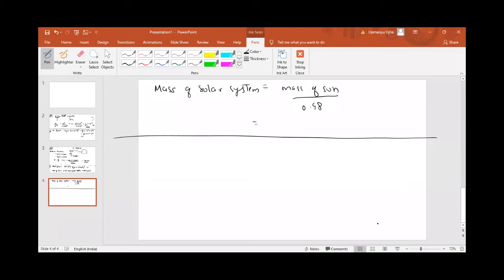So, what is the problem in this? See, light. What is the speed of light? Can you tell me what is the speed of the light? The speed of the light is 3 into 10 to power 8 meter per second. That is the speed of the light. Now, the light takes 7,200 years to reach the Earth. Okay, so can we find the time taken by the light to reach the Earth? No, no. Light year is basically the distance between the